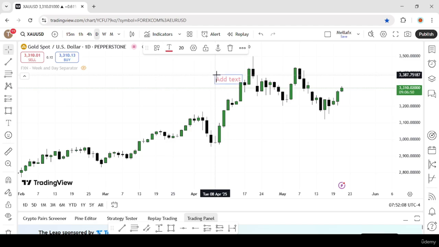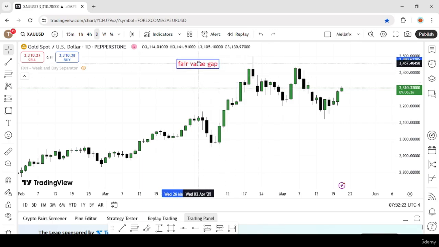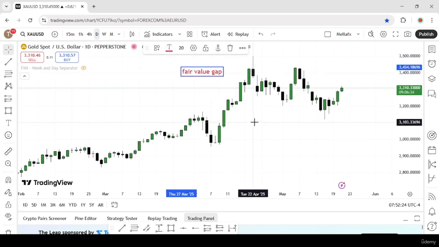In this lesson we are going to be discussing what a fair value gap is, and you might have heard about it. A fair value gap is an ICT concept that the ICT mentor or creator was able to come up with as a way of showing